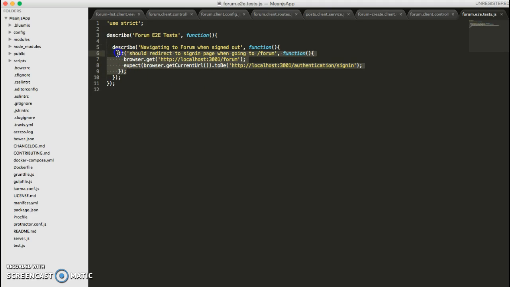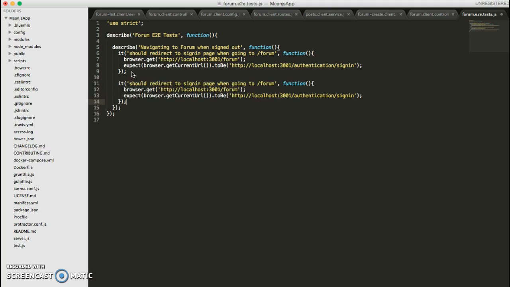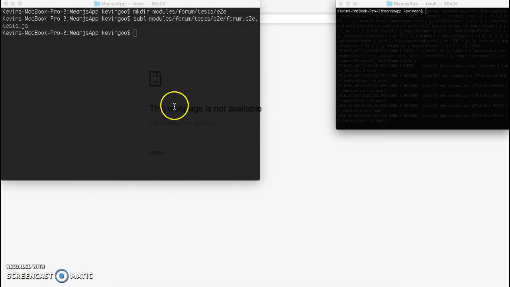And we can also just copy this and write one for the create page as well. And before we run this,